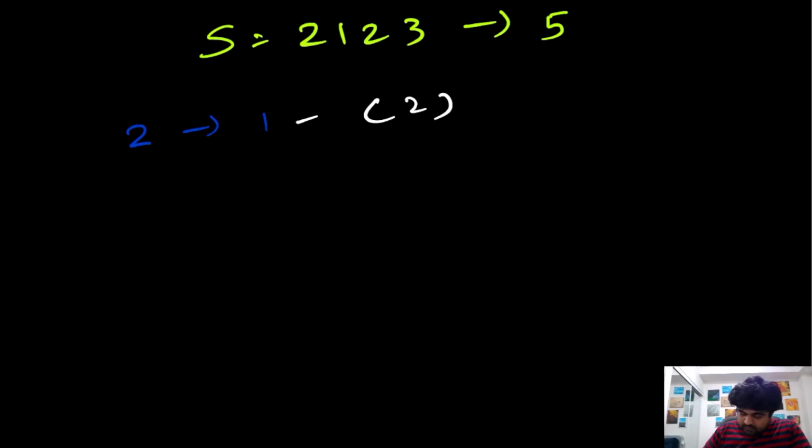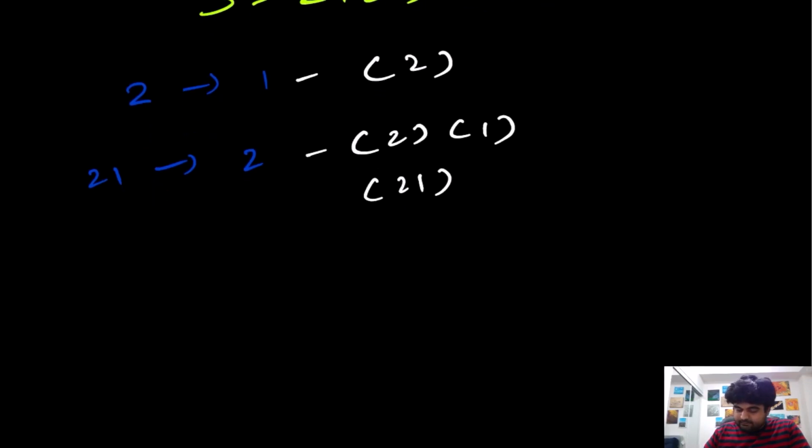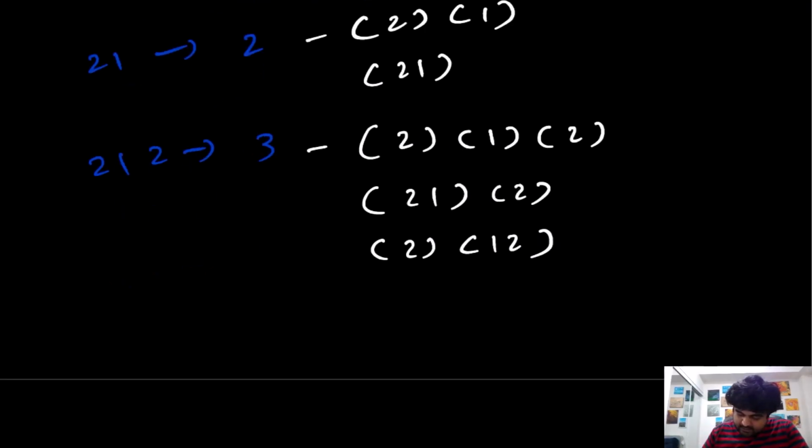Now let's consider the second value, 21. How many different ways to decode this one? Well, of course, two different ways, and those ways are 2 1, so that is one way, and the second one is 21 by itself. And let's take the third value, 2 1 2. So there are actually 3 different ways to decode this one. Let's consider the next value as 2 1 2 3. So we know that for this one there are actually 5 different ways to decode this, and the 5 ways are,